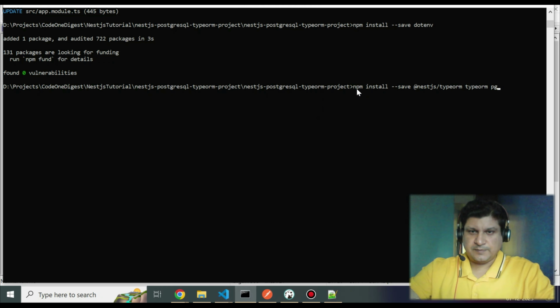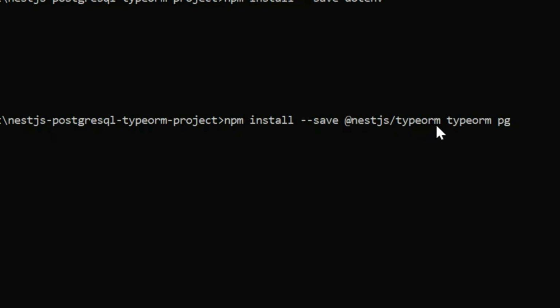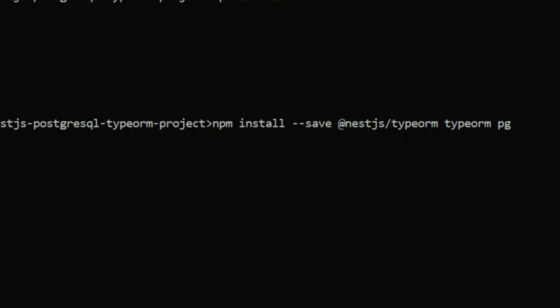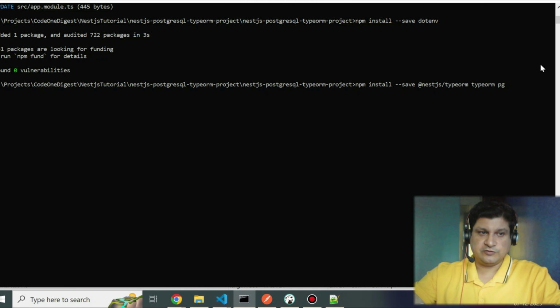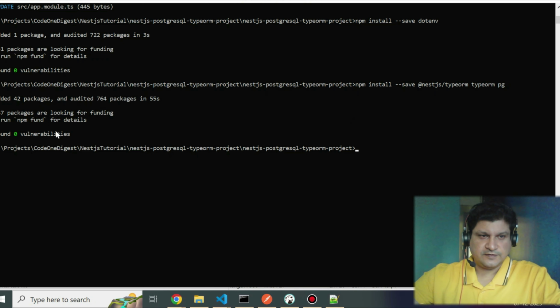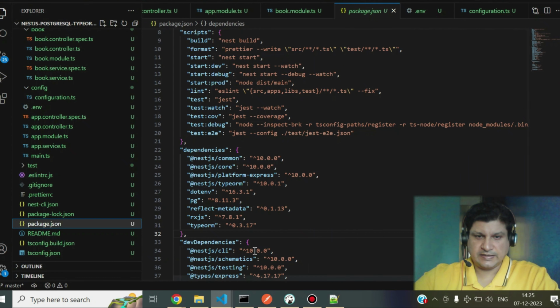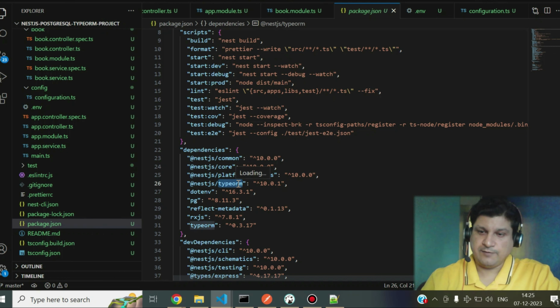Okay friends, so here is a command to install TypeORM. So these three packages I'll install. Let me do that. Now this will get added to our package.json. Yeah, so it is done. Now the packages are installed. Let me see that in my package.json file. Yes, so it is pg, typeorm and @nestjs/typeorm added. Yeah, so we have the TypeORM now and we can write a code to connect to our database and